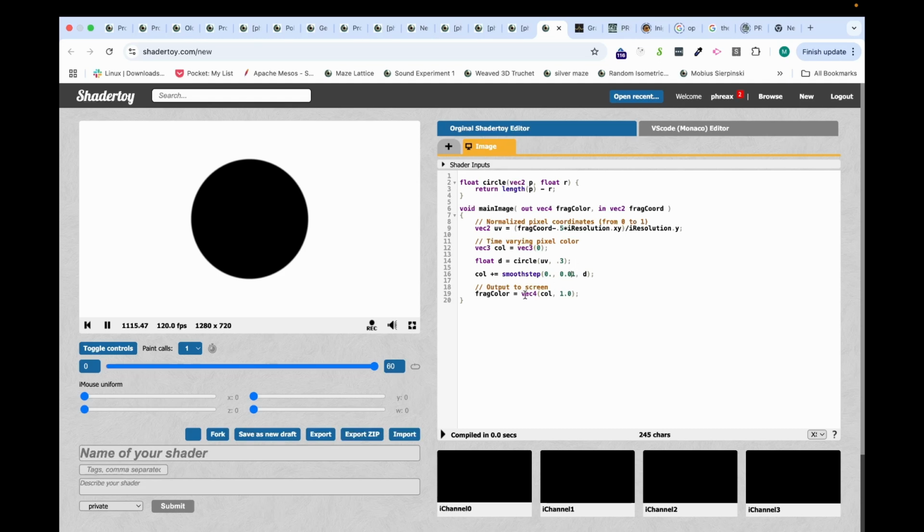So that's it for the circle, and the next thing we want to do is to have not only a solid circle, but just a circle outline, so just like the rim of a circle, so to say. And now we can make use of the signed distance function, because we know that here is 0, and we go negative here, and we go positive here. And if we apply an absolute function, usually called abs,